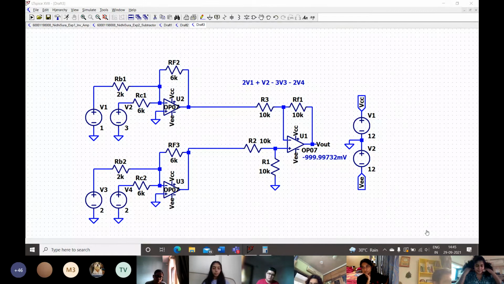So now if you give the V1, V2 at the inverting terminal of the first stage, look at what's going to happen, right? So plus V1, plus V2 goes to the first stage inverting terminal. So at the output of the first op amp, you're going to get a minus V1 and minus V2. All right. And when this minus V1, minus V2 is given to the inverting terminal of the second, which is the subtractor op amp, it will invert it and change it to plus V1 and plus V2. All right. So that's the reason why we need to change this particular thing.